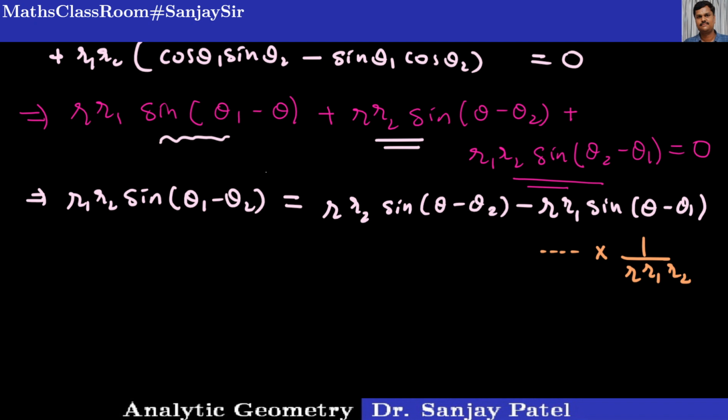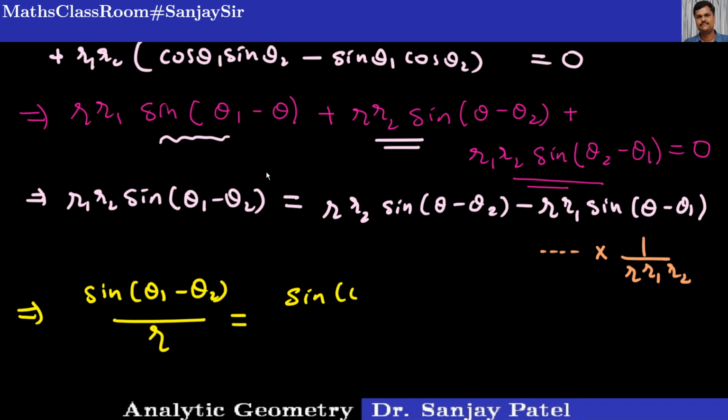So I am going to get this equation, sine of theta 1 minus theta 2 upon r is equal to, now when you divide here by r1 r2, r2 will be cancelled and you will get only r1. So you will be left with r1 only. So sine of theta minus theta 2 upon r1, and minus, finally here what remains is sine of theta minus theta 1